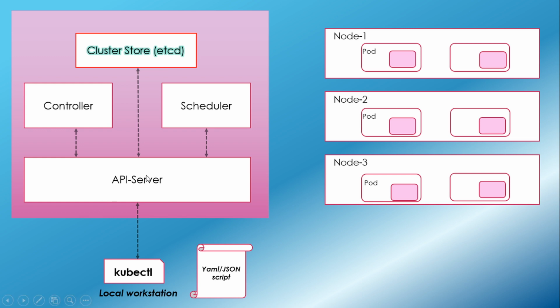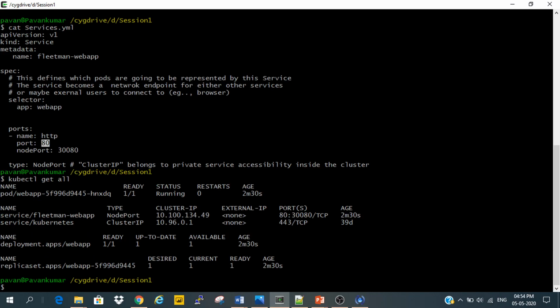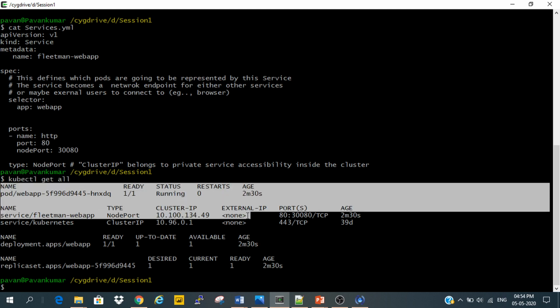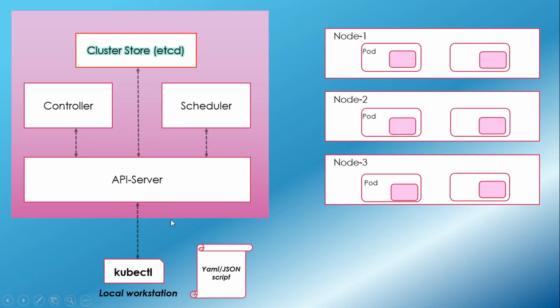So that is the reason the state should be informed to the API server by the kubelet. Then what should the API server do? The API server should communicate to the etcd cluster store. Then etcd says, okay, I have updated the current state equal to the desired state, please take care of this request further. Then the API server will get back, and again communicate to the client, that means kubectl.